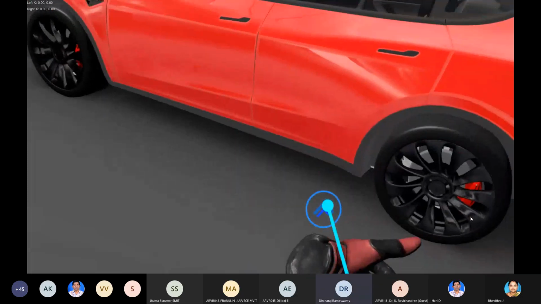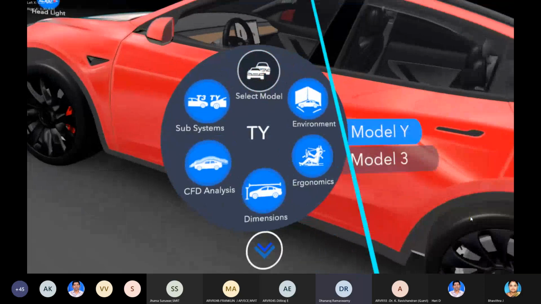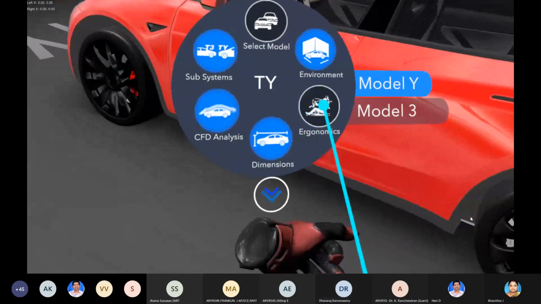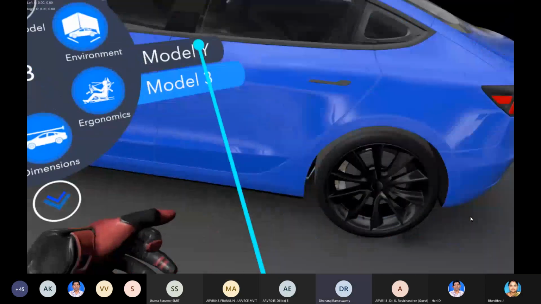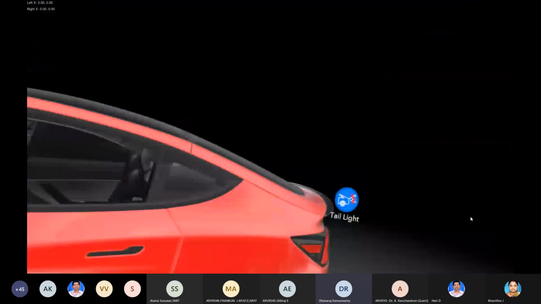We have a hand controller and a hand menu. This is model selection. This is environment change.